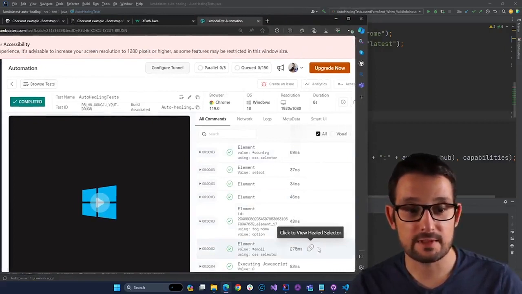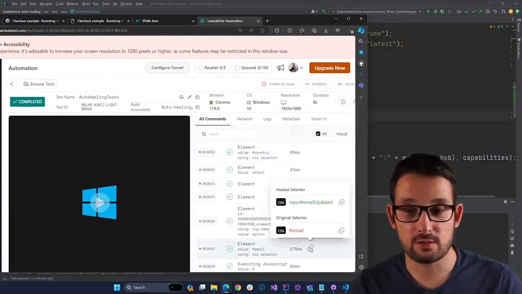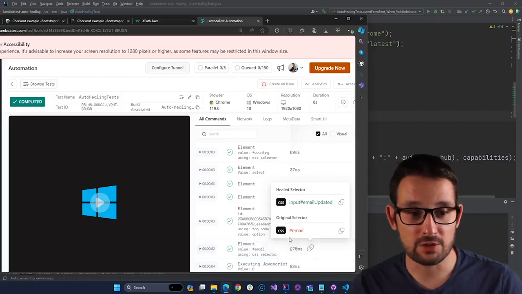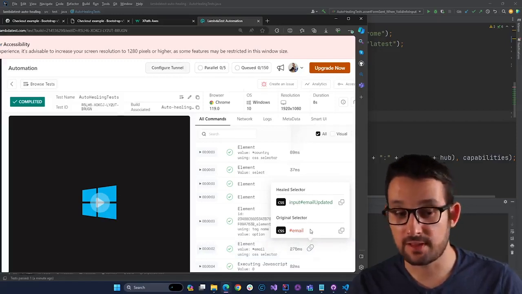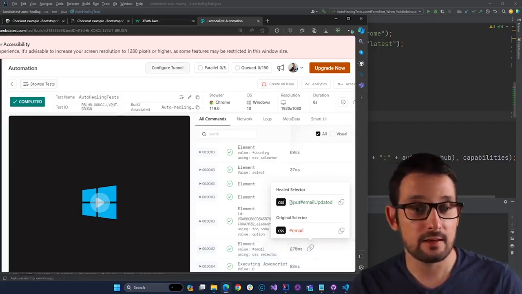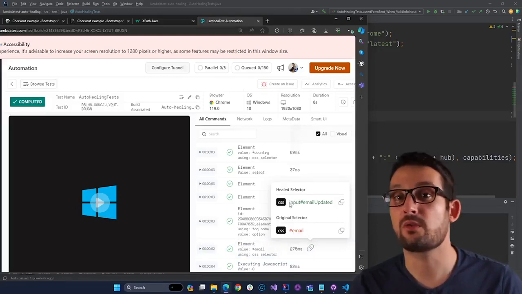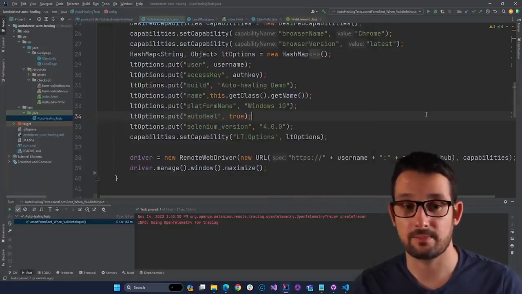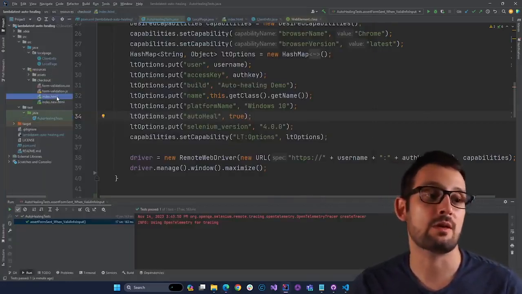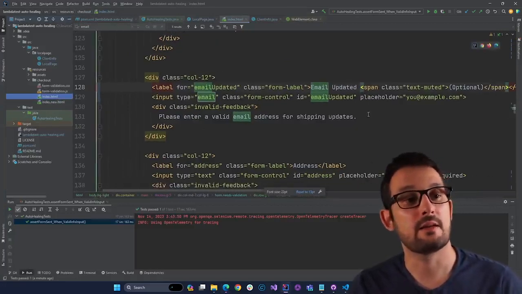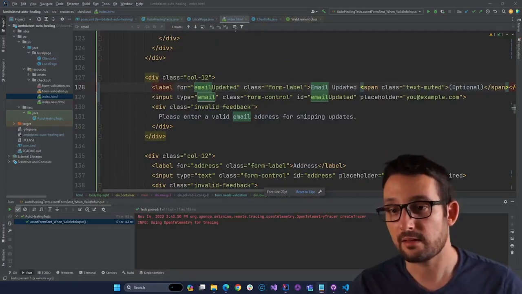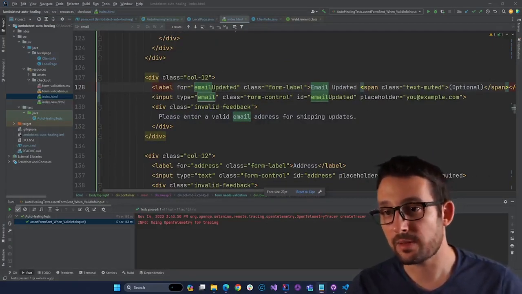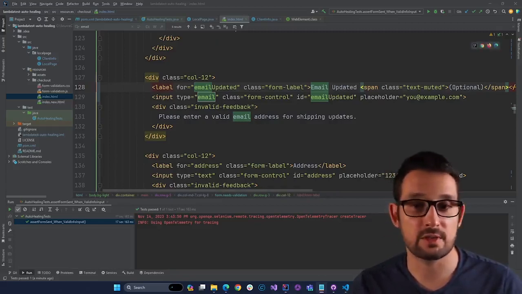Here, this is my auto-healed feature. Before it was email ID, but now, since we turned off the auto healing, the auto heal feature healed our test and found the new ID. Okay, but you will say, okay, this is really simple. I mean, this is just one ID, right? Let's see what will happen if we change, for example,